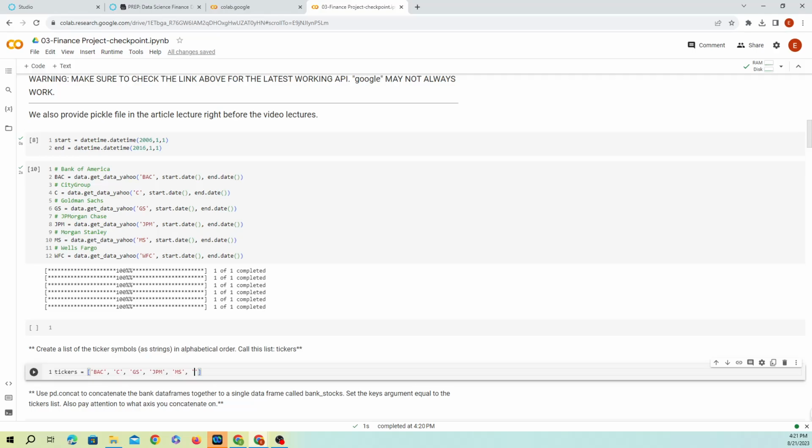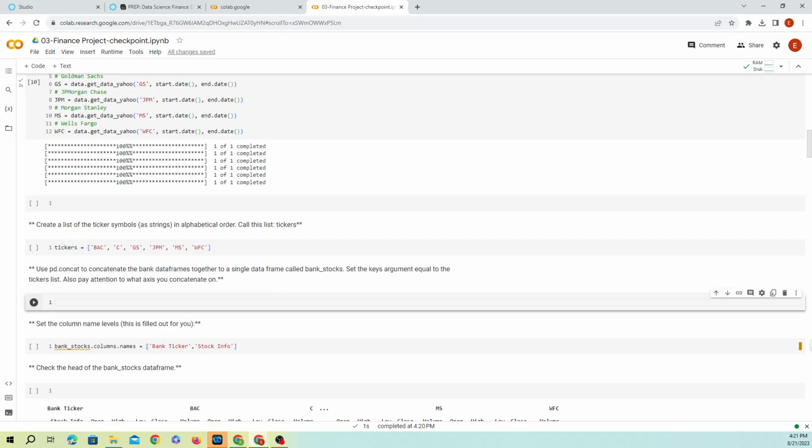So right here, we're creating a list that we're gonna use when we concatenate our data frames. Here we're gonna use the Pandas concatenation to be able to concatenate different data. Remember, a data frame is practically a combination of series that you can put together. We already have this data, and we're gonna combine them into a single data frame.